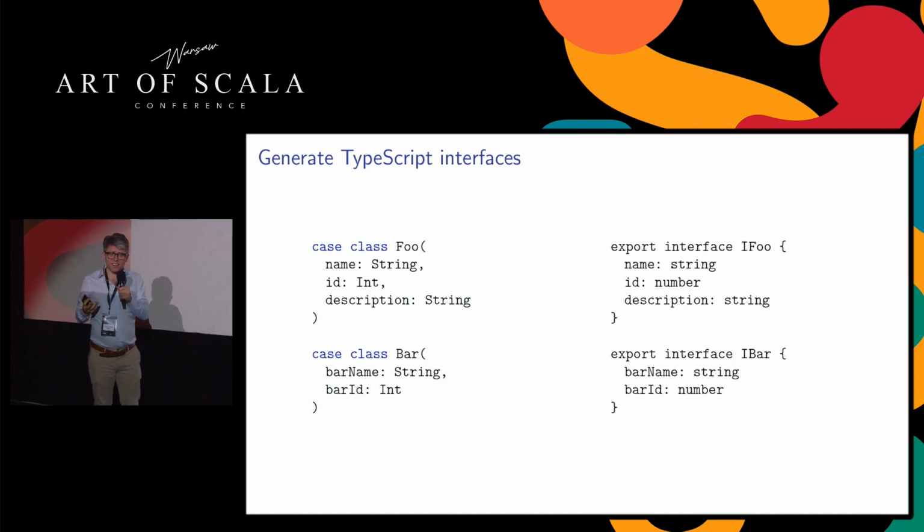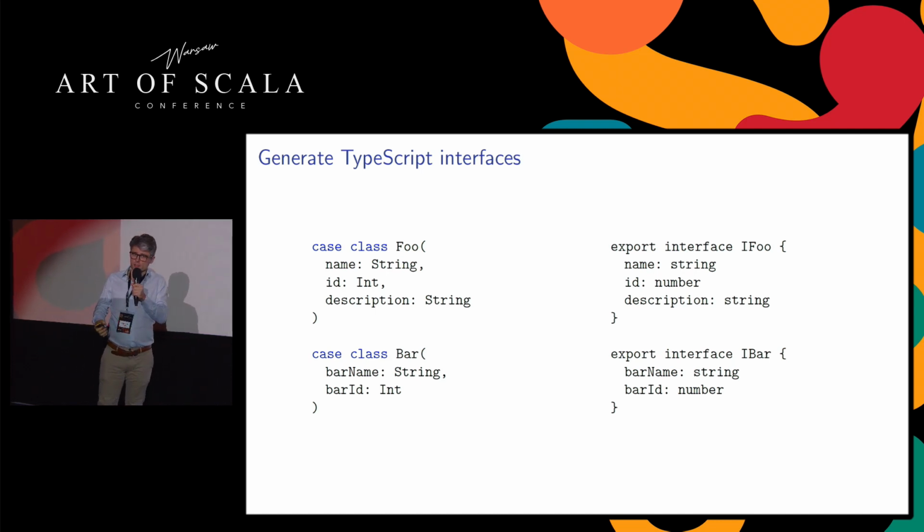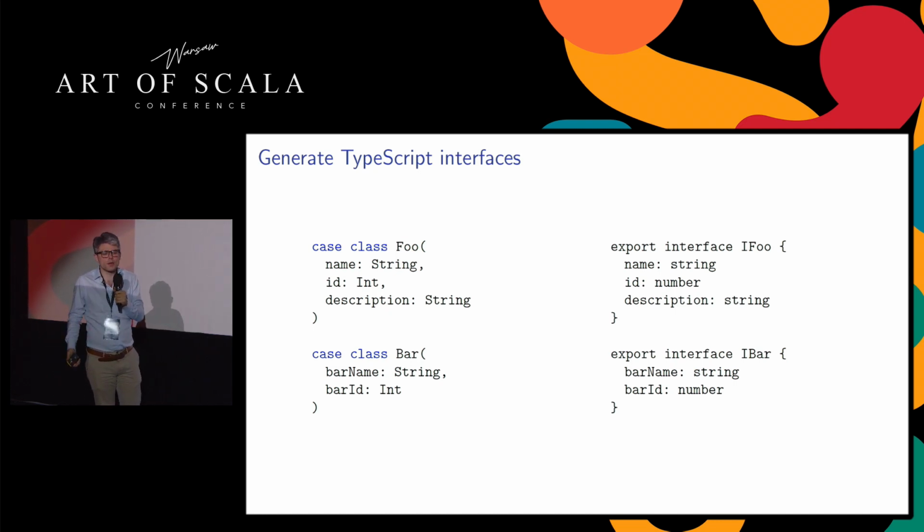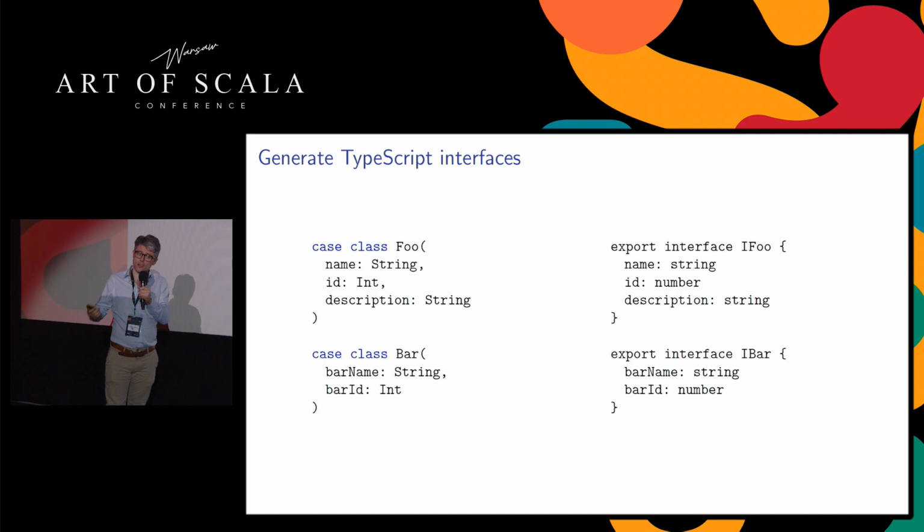Because the next challenge is the TypeScript model. So maybe we have a front-end developer also working on our team who creates a front-end for our application, and he works in TypeScript. And in TypeScript, we of course have types, and we have also interfaces for our domain objects. And they are the same as the case classes in our backend application. So if I give him the documentation and he has to write his interfaces, then in fact he is also duplicating code. So a better way would be to generate those interfaces from our domain objects.